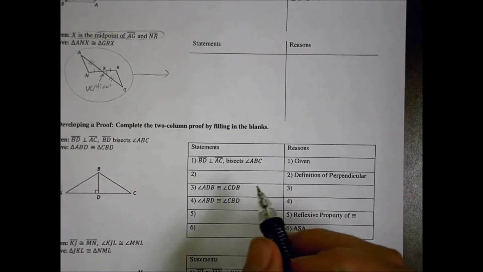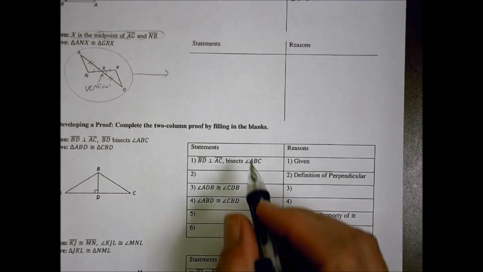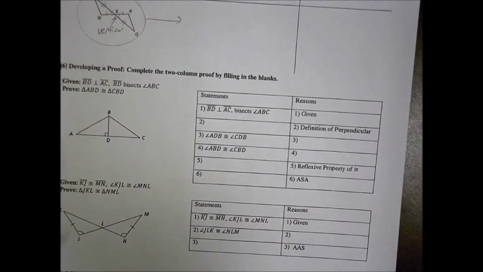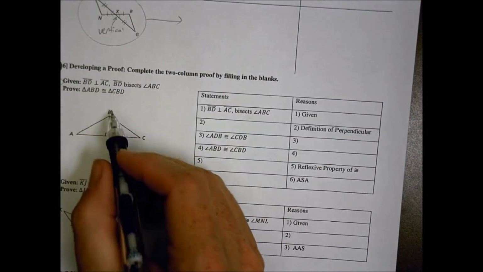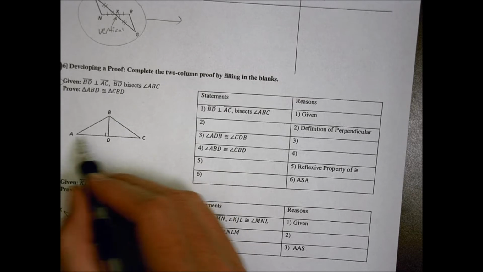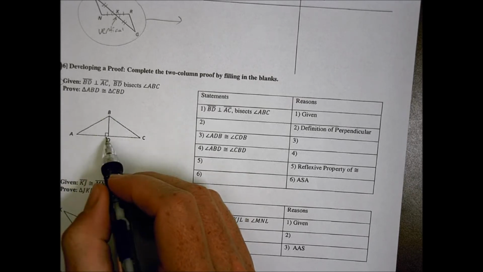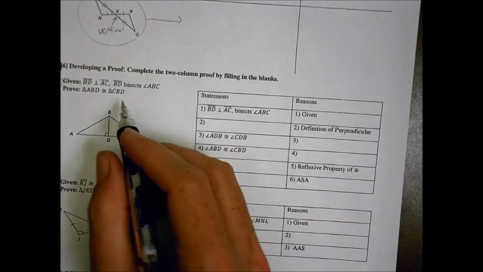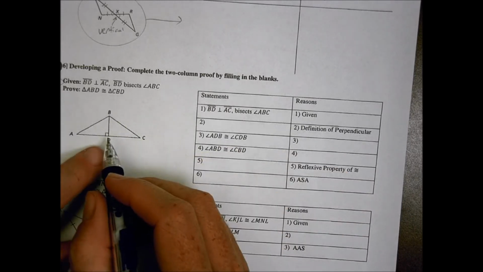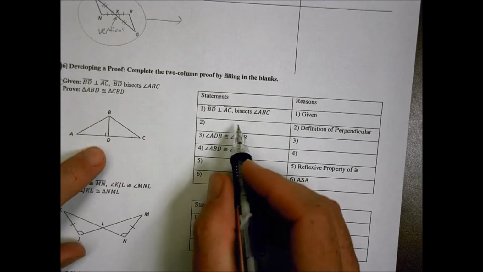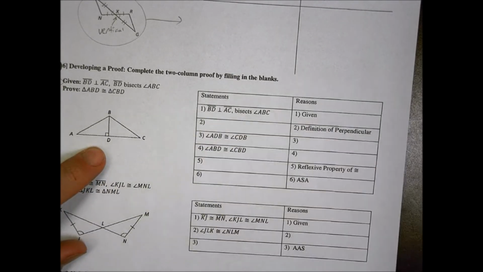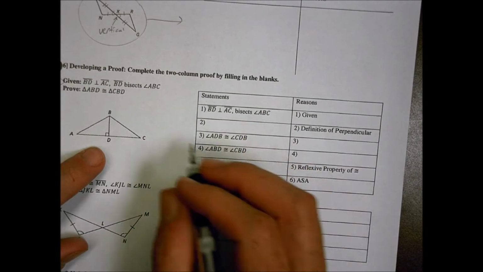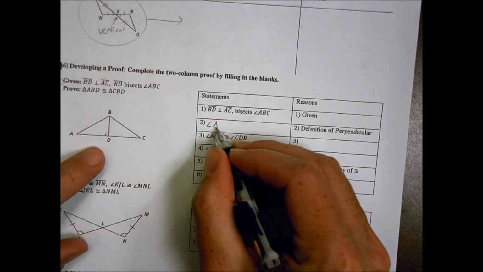Number 3. This one's kind of laid out for us, so we're filling in the gaps for number 3. How do you get from one step to the next? We have our information that BD is perpendicular to AC, and that BD bisects angle ABC. Okay. So if that's a given, then what we know, it says here, is definition of perpendicular. So what we can say for number 2, what we can say for 2 is that angle ABD,